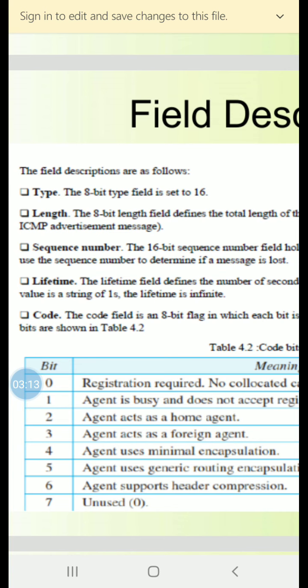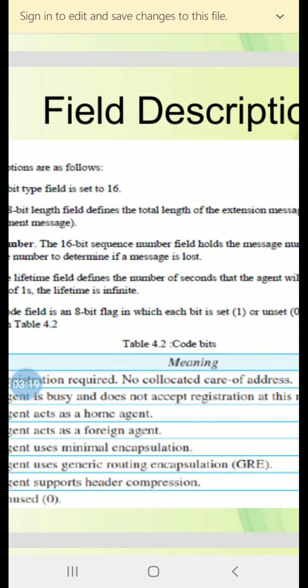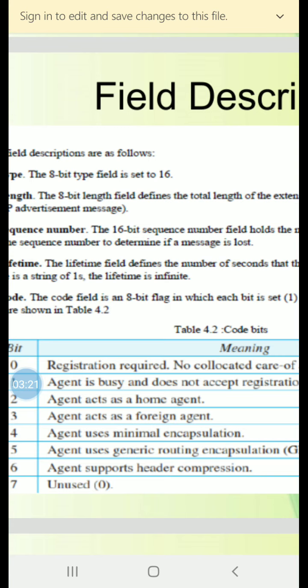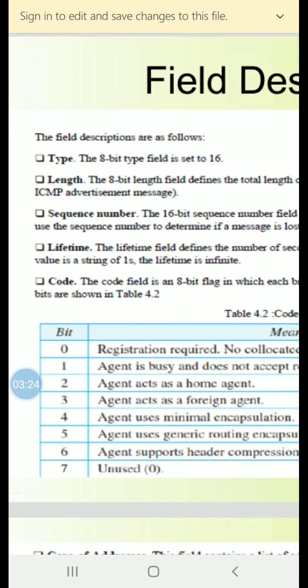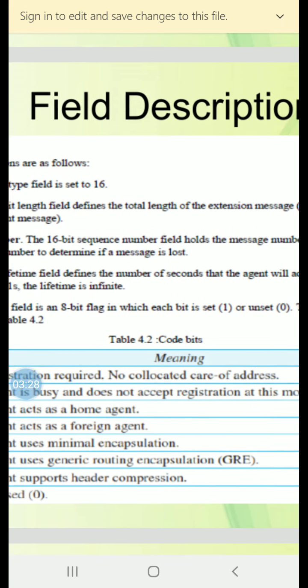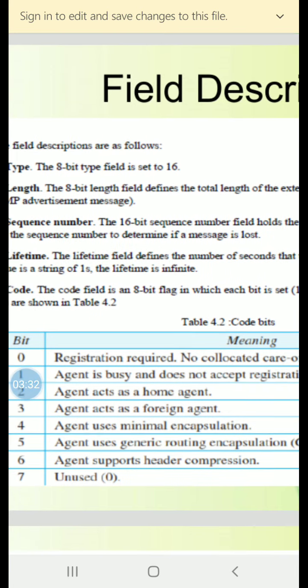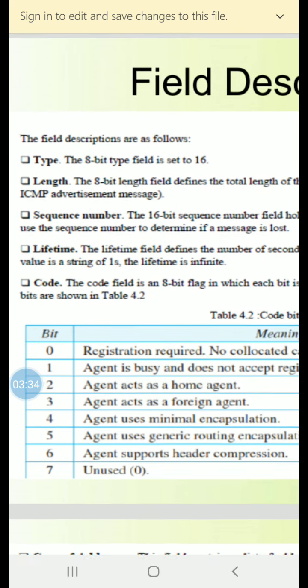Third, sequence number: the 16-bit sequence number field holds the message number. The recipient can use the sequence number to determine if a message is lost.